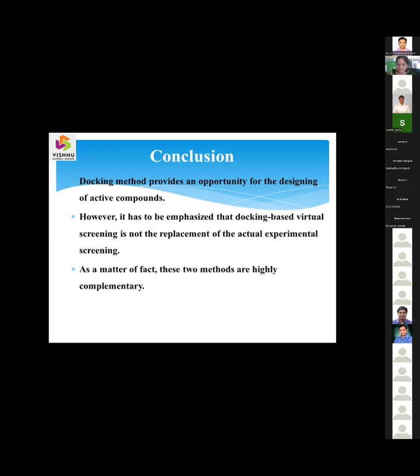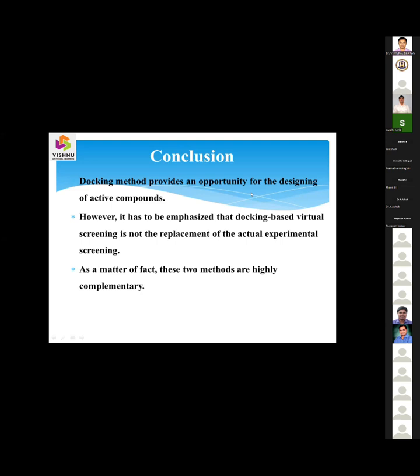Thank you, sir. Any questions? One more question: what is the difference between AutoDock and molecular simulations? Simply, I can tell you AutoDock is just a basic software where you get only the docking scores. But in molecular simulations, we can directly visualize how this ligand is going and fitting at the particular target site